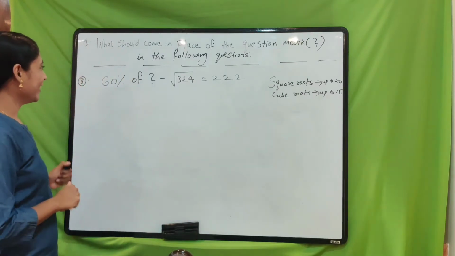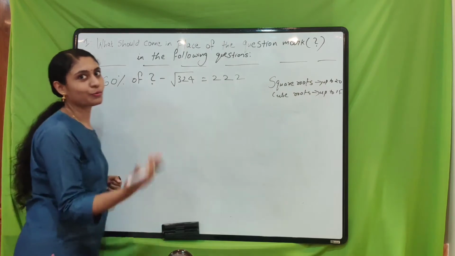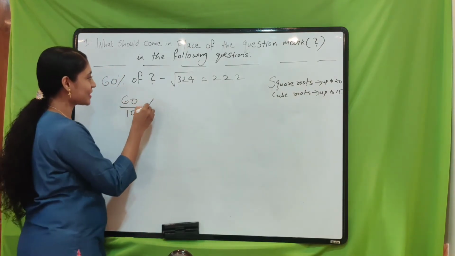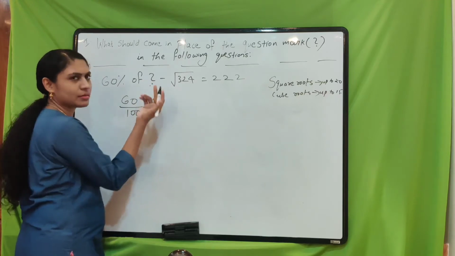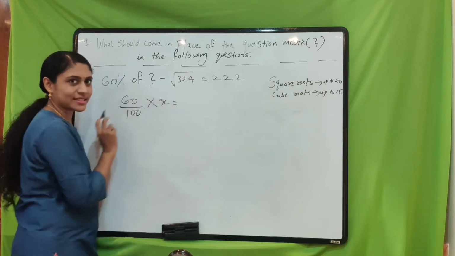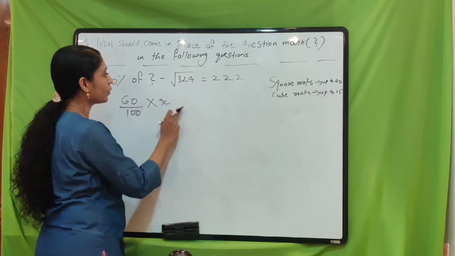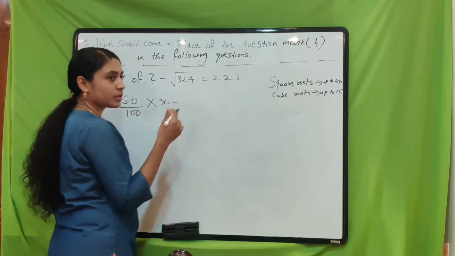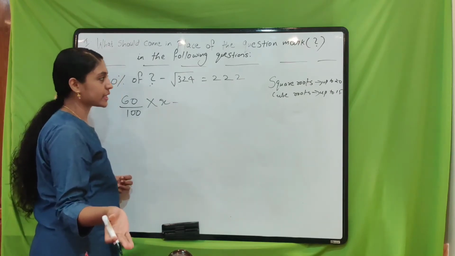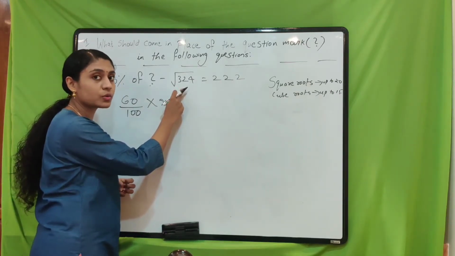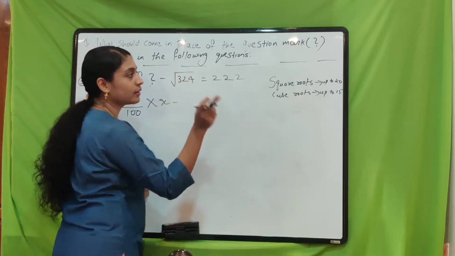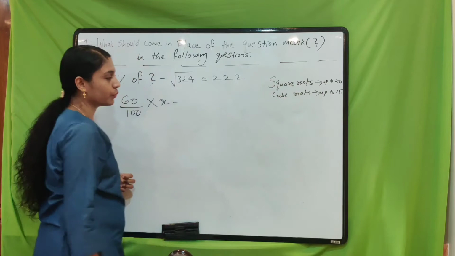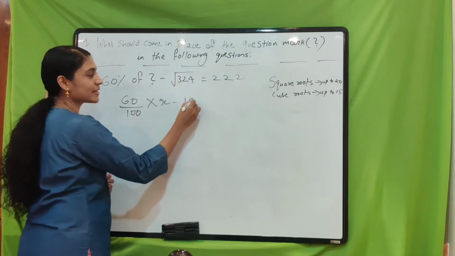Shall we start? Okay, here it is 60%, again 'of' means multiplication. So 60% we can write as 60 by 100, right? So 60 by 100 into question mark, an unknown number. So we can put it as x, right? So x minus, not equal to, it is minus, and 18 square, it is 324, okay? Go through the links in the description box in order to know how to find the square roots and cube roots, okay? And learn once again, learn by heart squares up to 20 and cube roots up to 50, okay? Now 18 square, it is 324.